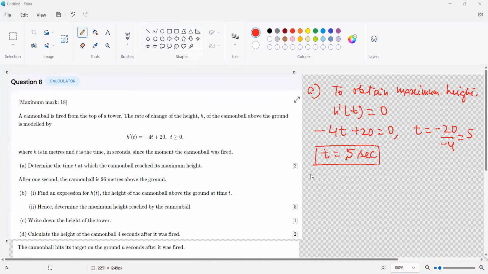After 1 second, the cannonball is 26 meters above the ground. Find the expression for h of t, the original height. The height of the cannonball above the